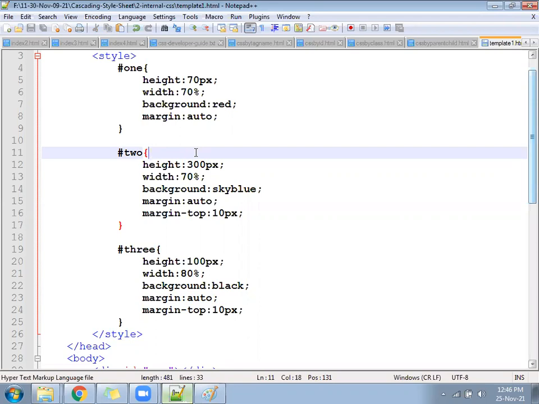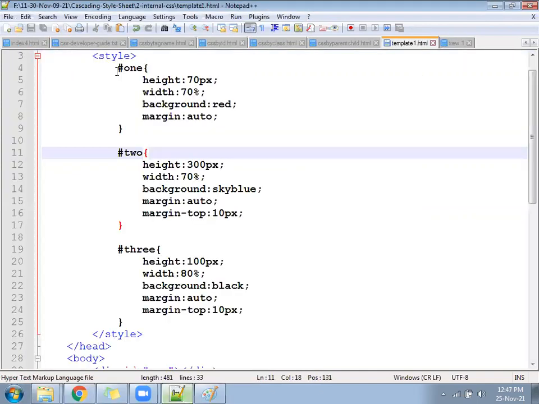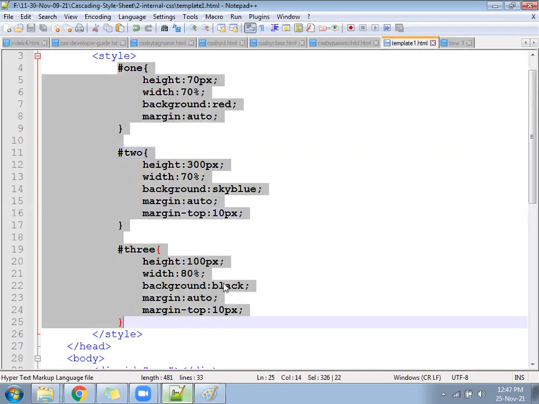Okay. So next we are going to create the next file to combine everything: ID, class, tag, parent, child, and all. Next file is called template2.html. Anyone want to look into the code? Please have a look once. Wait for 2 minutes. Maybe some people have not said yes, no. Still they have the error.